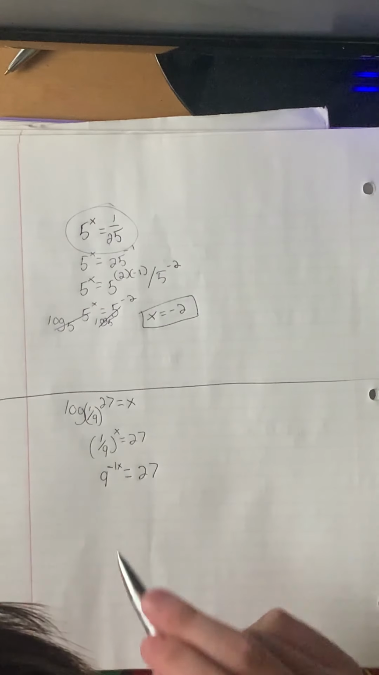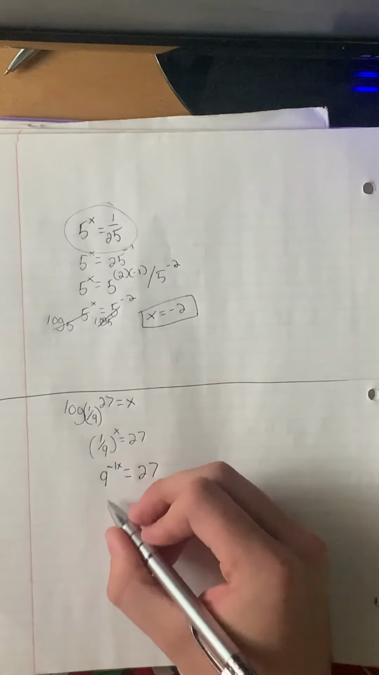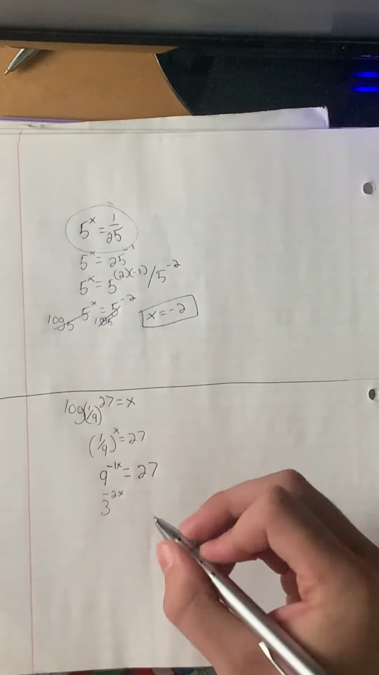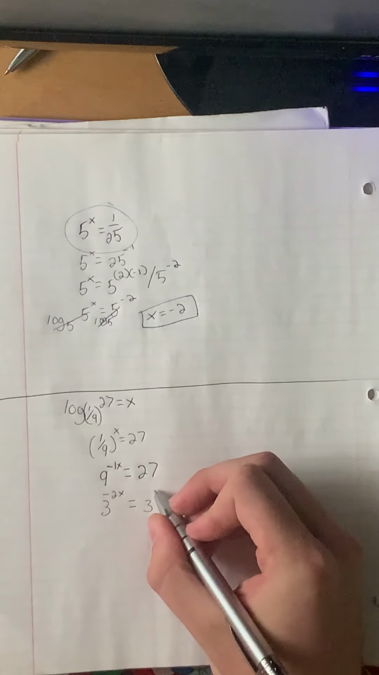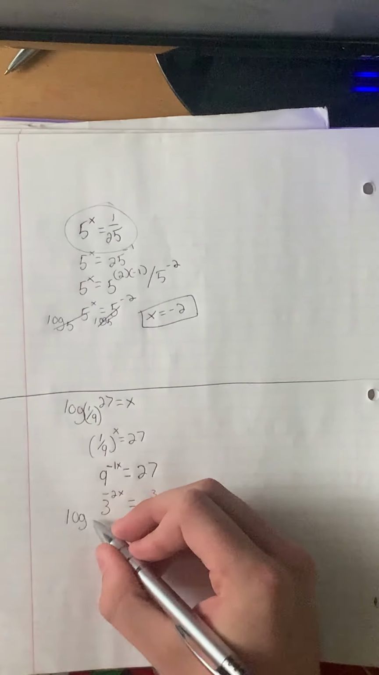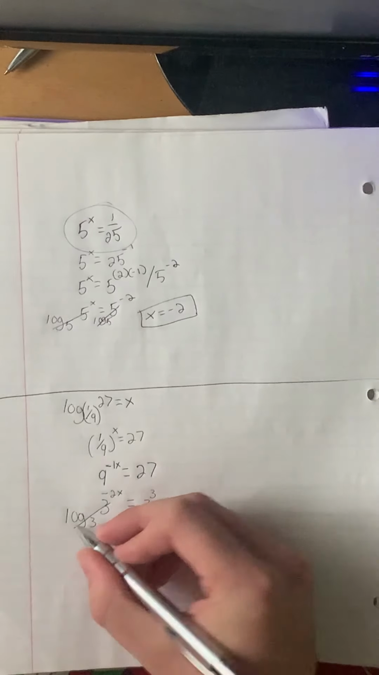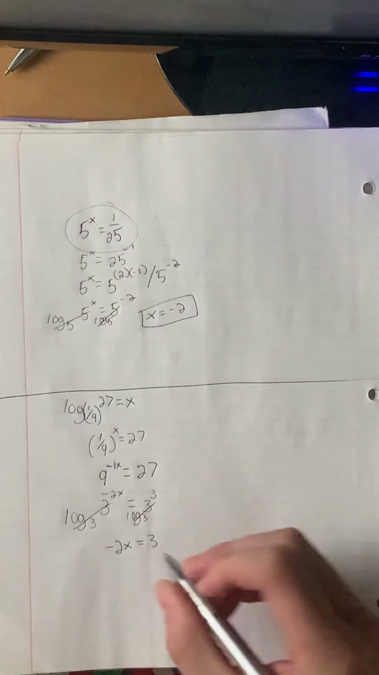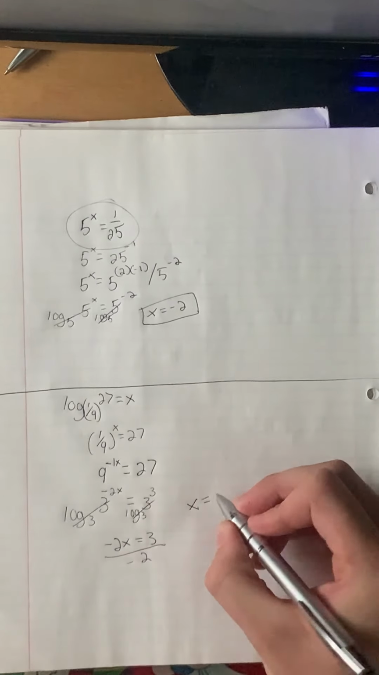And then looking at these, you can see that 3 would be a base that works for both of these. So we know that 3 squared equals 9. We have to put that negative x back in, so we have 3 to the negative 2x equals, and then 3 cubed equals 27, so 3 cubed. Then to get rid of that 3, we can do a log base 3 on both sides, which cancels out that, and we're left with negative 2x equals 3, and we divide both sides by negative 2, and we are left with x equals negative